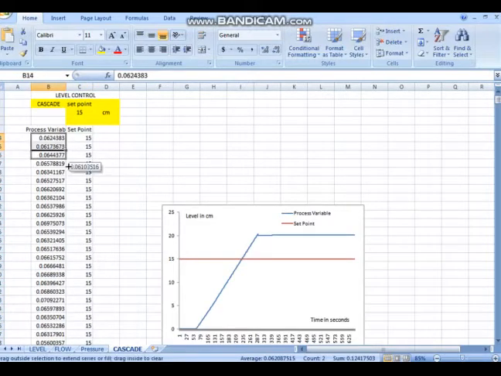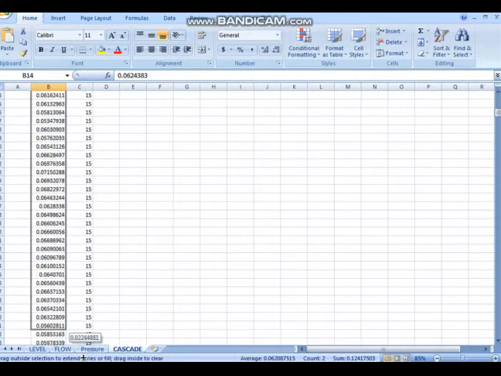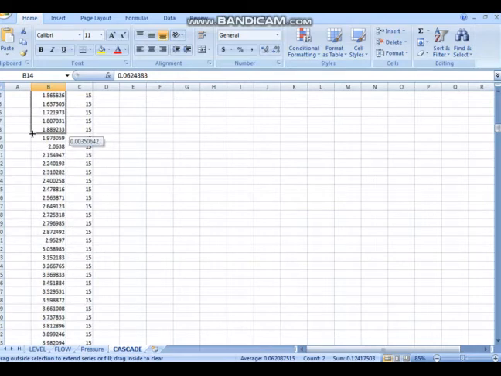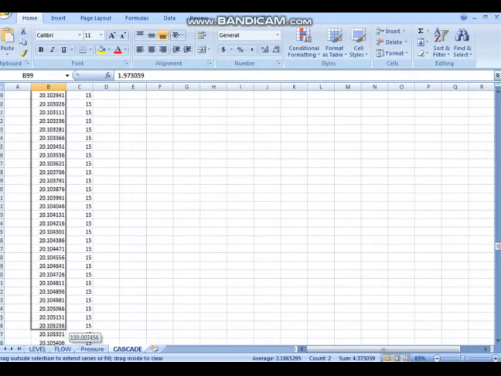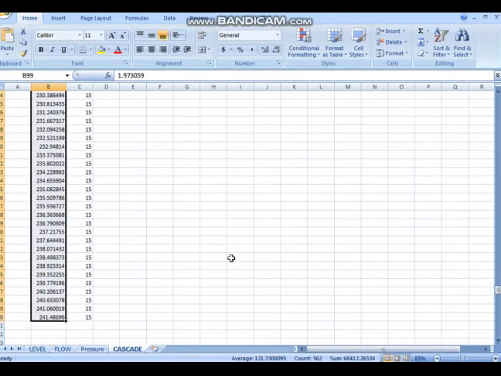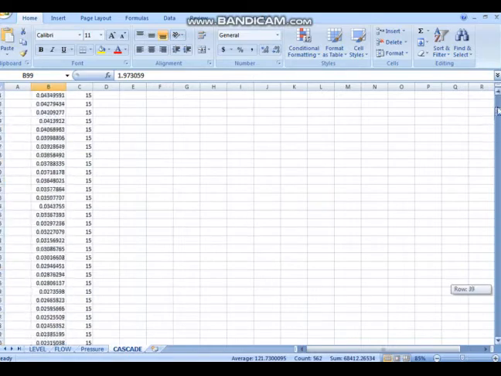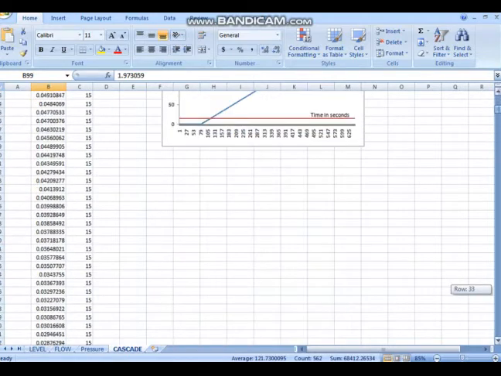Now we can change these values also. You can just drag it and change these values. You can make it go maximum up to your set point.